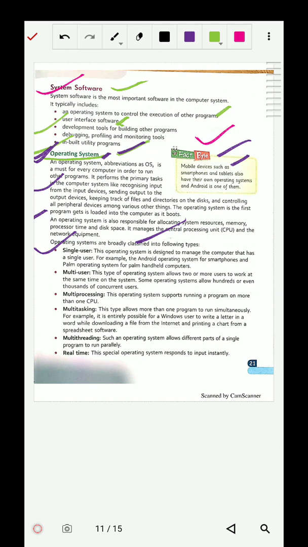Okay. Multi user is designed for multiple persons. This type of operating system allows two or more users to work at the same time on the system. Some operating systems allow 100 or even 1000 concurrent users.